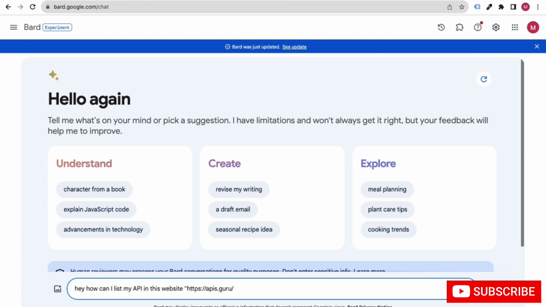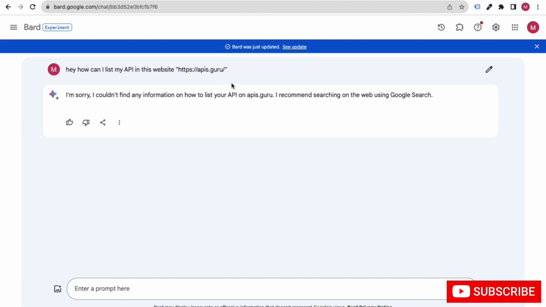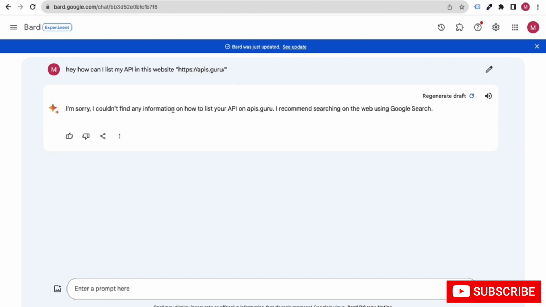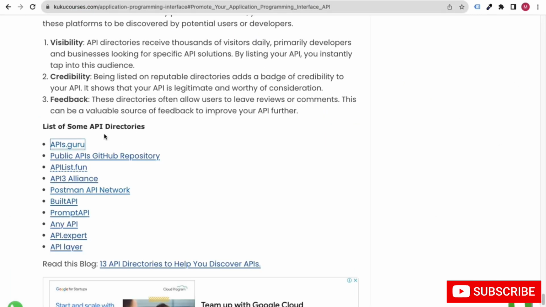Paste it in quotes, click enter, and then it will guide you on how to list your API in that particular directory, that is apis.guru. This may fail sometimes, so you can just refresh it. Otherwise, guys, if these Bard tools do not help in this case, it's not possible for me to teach you for all of them.